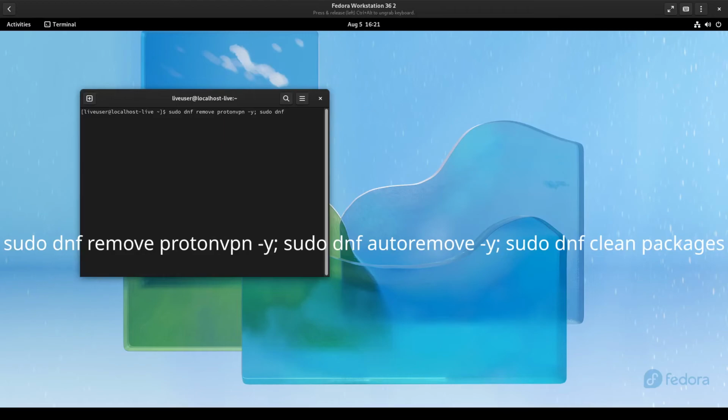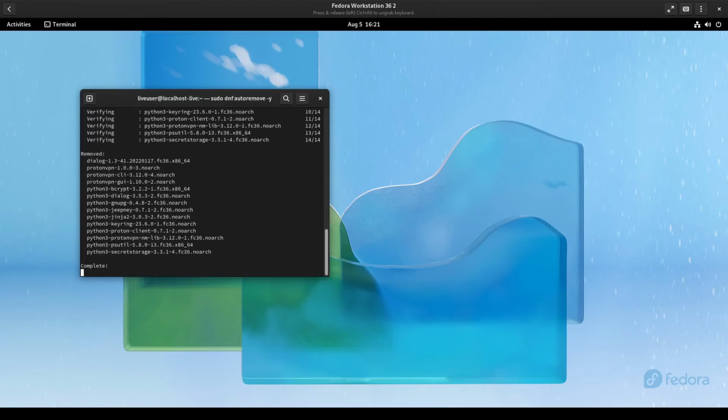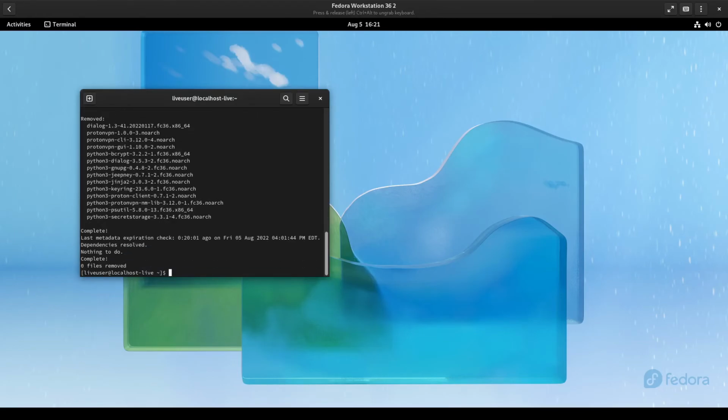So once I press enter on the video, oh whoops, I just hit my microphone really hard. Once I press enter on the video, it will go ahead and go through the process of uninstalling the app and the packages, like the dependencies and everything attached to it. So as you can see, it's removing, and it doesn't take that long. There you go. So next you want to type in